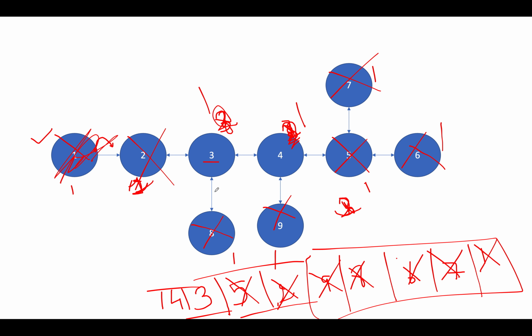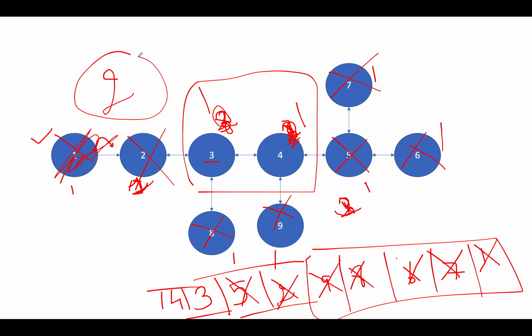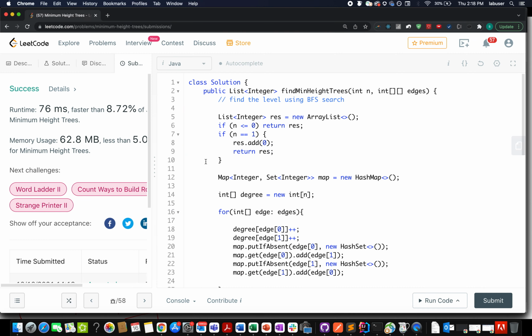Also, we need to analyze the condition. The overall nodes that exist in the entire graph have been reduced to 2, and that becomes the answer. Whenever, while iterating through the BFS traversal, out of all those nodes that have been deleted, as soon as the overall total number of nodes gets reduced to equal to or less than 2, we stop this process. And in the end, whatever nodes exist in the queue become the answer. And this is what we are going to do in the coding section as well.